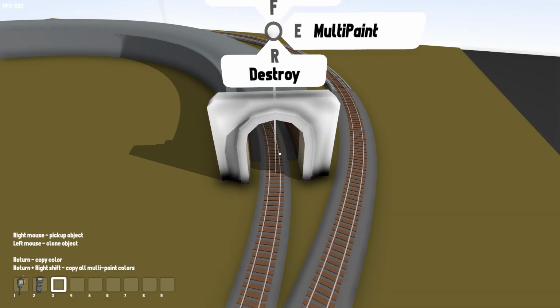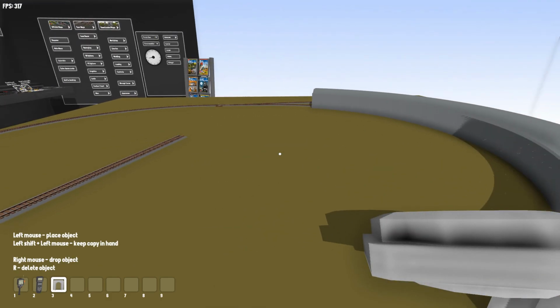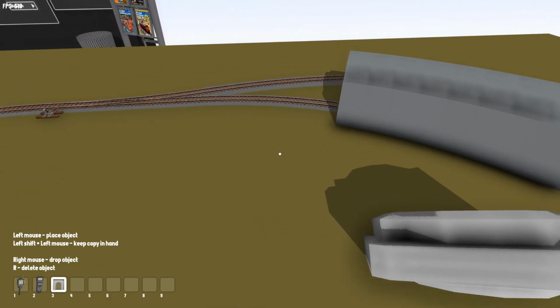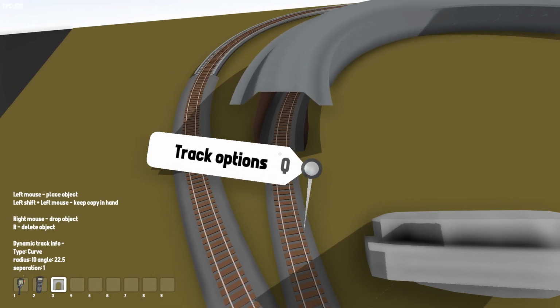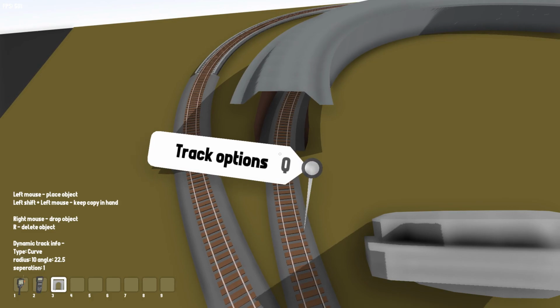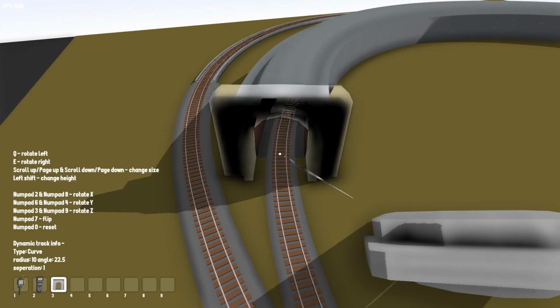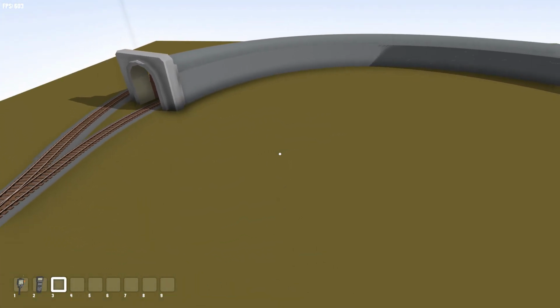Let go, it's set. Let's pick up another copy and go over to the other end, do the same thing. Left click when you're pointed at the track in the tunnel, and bing, there you go, we have a